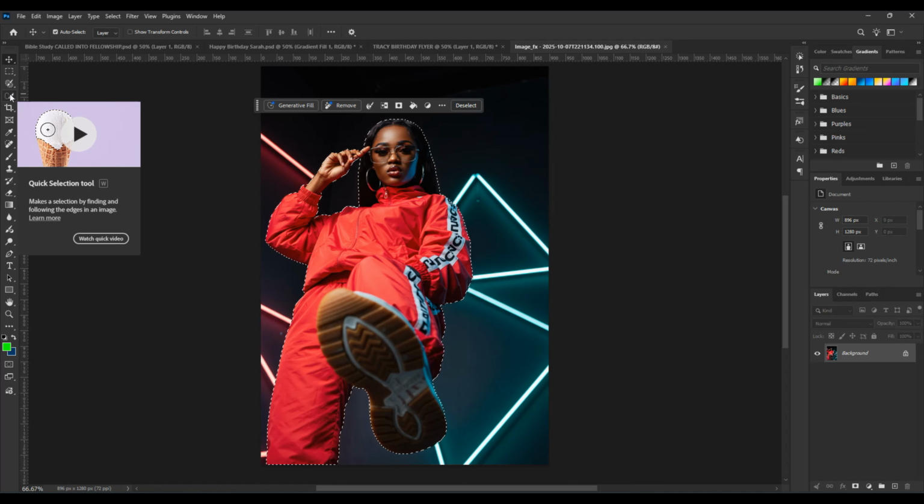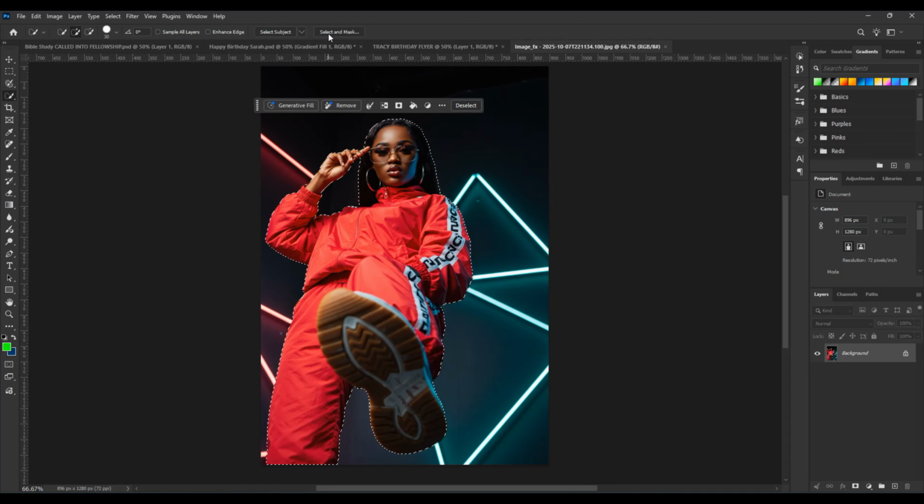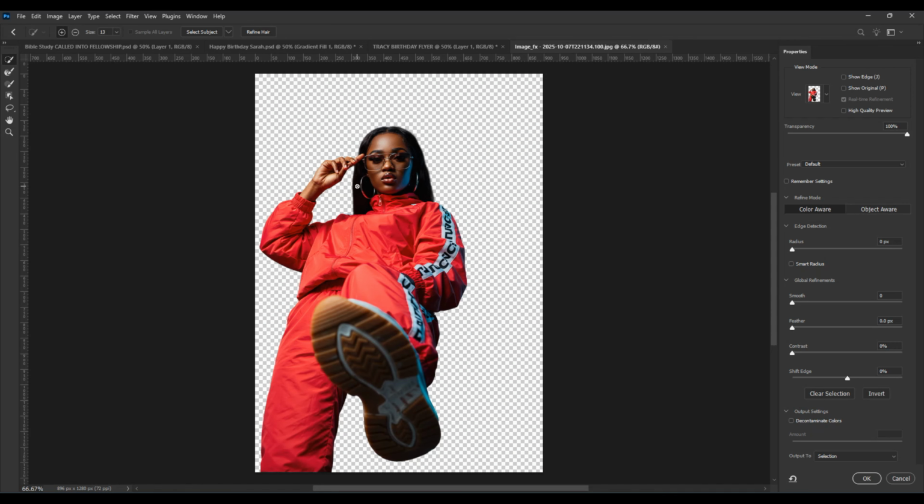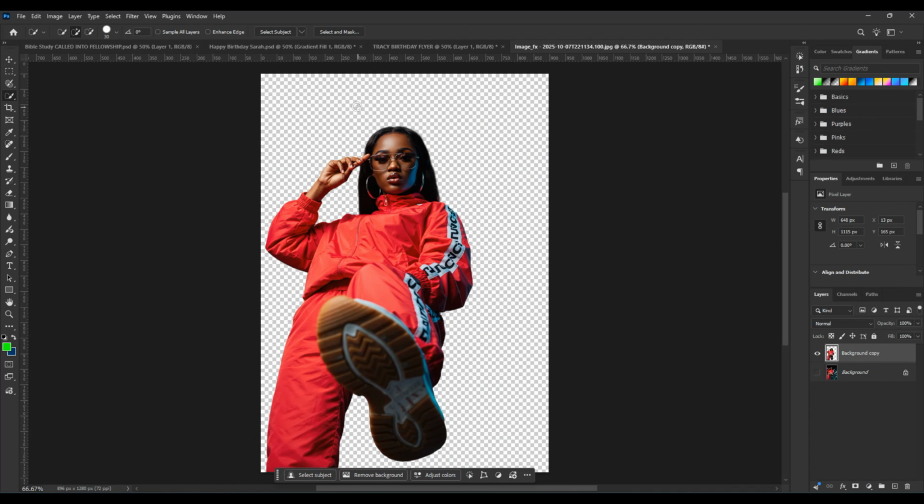You go to quick selection to pick it and click select and mask, and you get rid of the background. Okay, so from there let's go to this place, click, select this decontaminate colors. All right, I will select new layer and click OK. So from here I'll go to filter, go to camera raw filter,